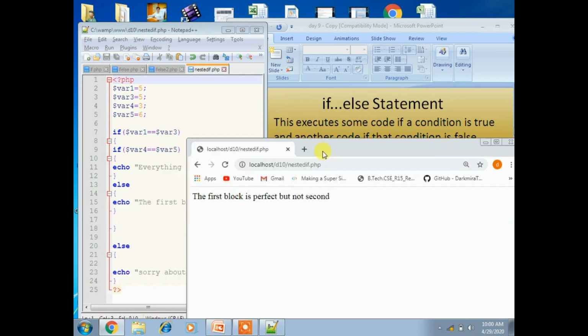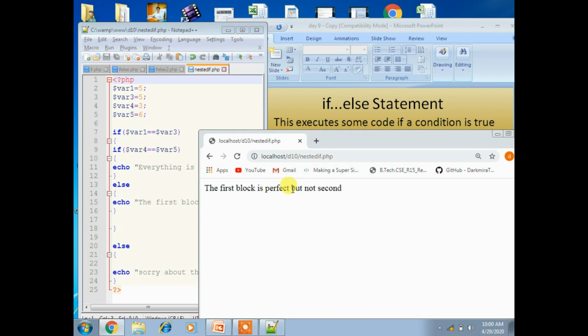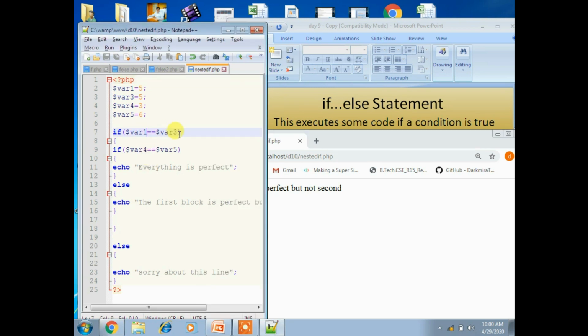So here you will get the second block: first block is perfect but not second block. That means variables 1 and 3 are both equal, so it goes to the second if and checks the second one. Here it compares variable 4 equal to variable 5. If this condition is true, then it displays everything is perfect.